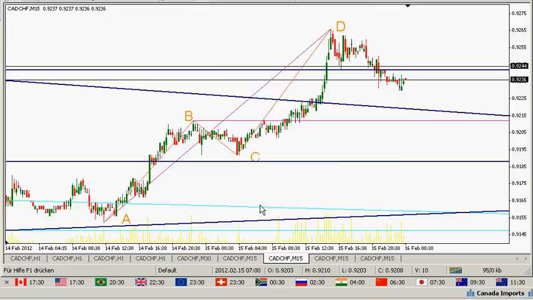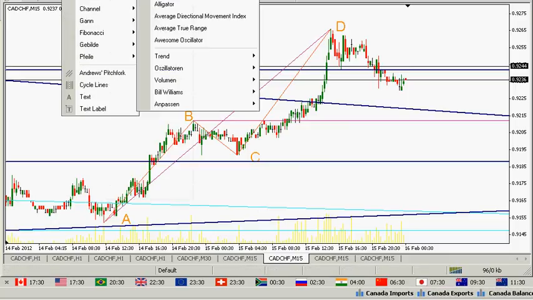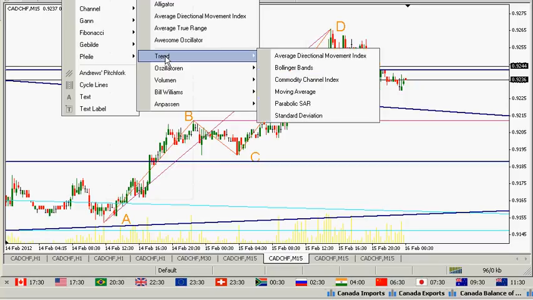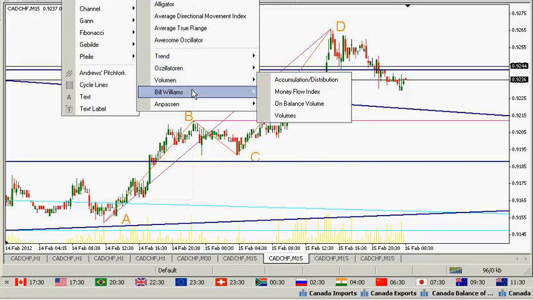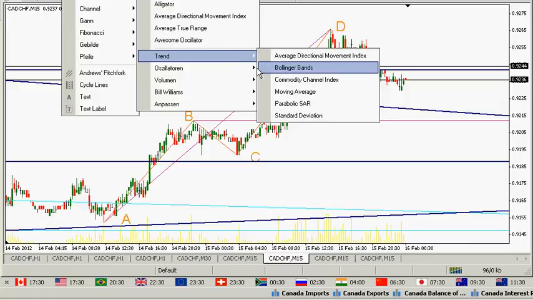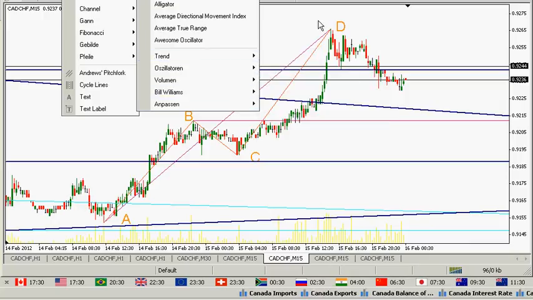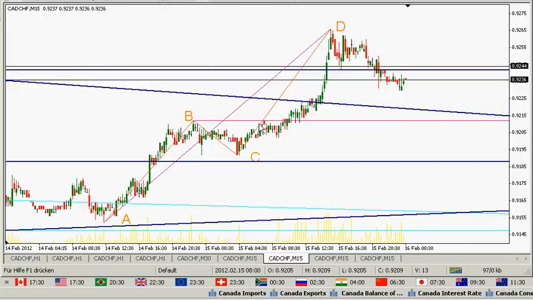Some traders are calling me or asking me why I'm not using, or if I'm using, technical indicators like, yes, what's the name of the old one? Here we see, of course, trend indicators or oscillators or volume, or here the Bill Williams. Of course I'm using them, but I'm trying to find out and analyze more in charts, because all indicators are of course based on the charts. So the indicator is for me also a filter, a very interesting filter sometimes, not always.